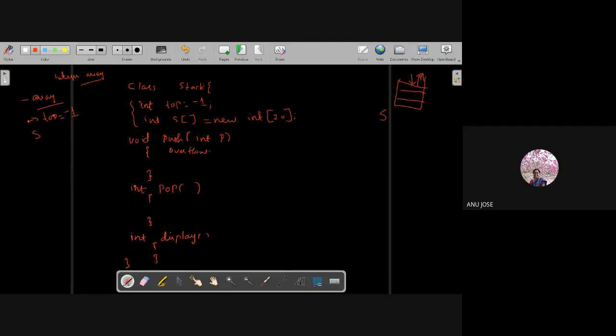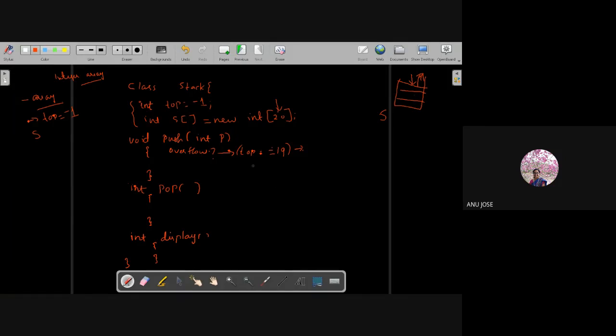If it is not overflowing, that means vacant locations are still present. How can you check the overflow condition? Here I have kept the maximum size as 20, so top should be max minus 1, that is, top should have the value 19. If this is the case, overflow is happening. Otherwise, if it is any value lesser than 19, the stack still has a vacant location.